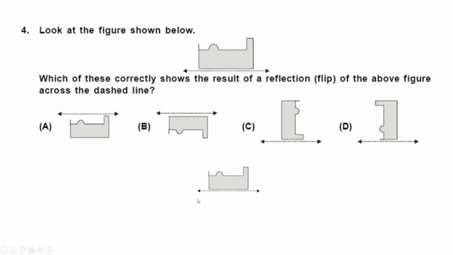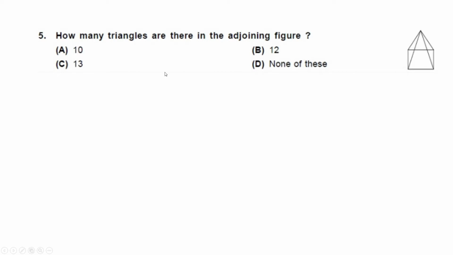Well, the reflection along the dashed line would be a vertical reflection, which will be reflected something like this. Hence, the inverted figure, which is option B, is your right answer, because when it reflects along this line, the last line would be the first in the reflection. Let's go to the next question.